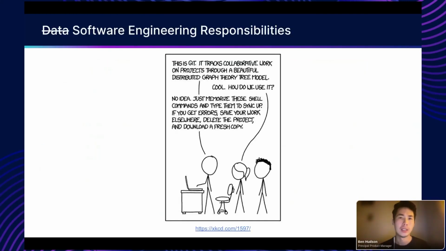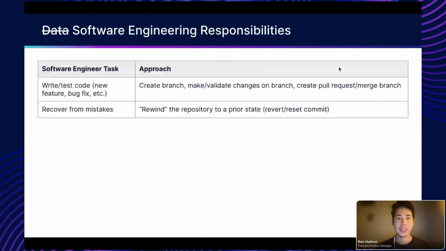In parallel, our friends in software engineering could have it a little bit safer because the systems they work with, or they usually work with, support version control and branching. Had to add an XKCD comic just because. But let's look at the tasks that software engineers accomplish. First,